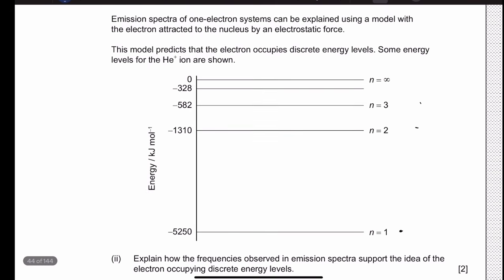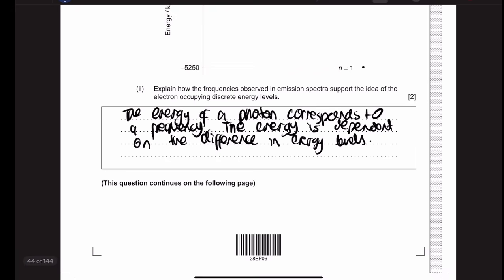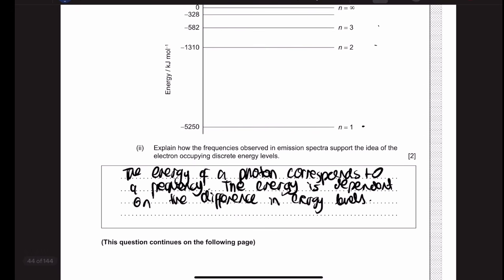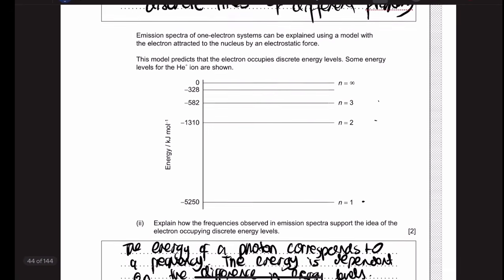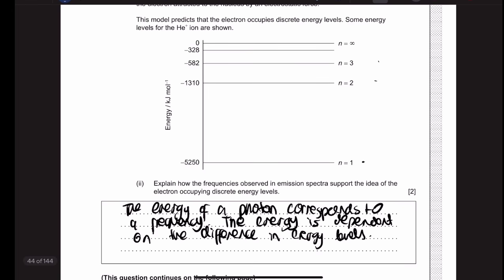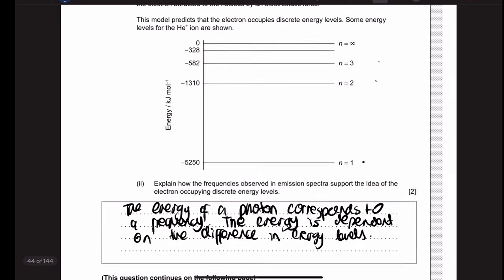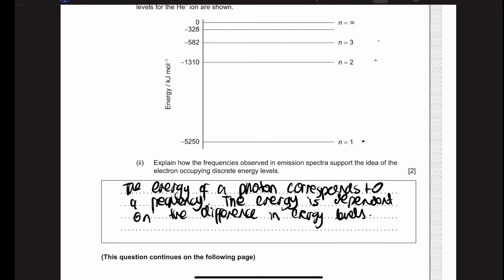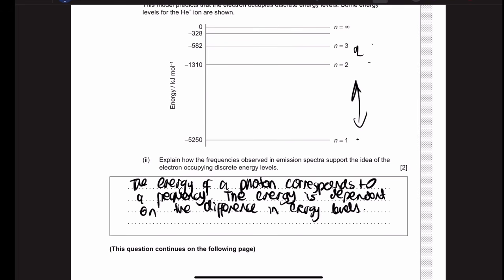You can see that the difference in energy levels is what the actual energy value that we're getting is dependent on, and each energy corresponds to a different frequency on our spectra, and that's how it essentially shows that each electron is occupying these distinct levels, because the frequencies which give us the energy are dependent on these energy levels. When we're assigning these energy levels, it's dependent on them, and that's what's hence proving the idea that we have these distinct n equals 1, n equals 2, and there's this difference between them that converge at higher frequencies. So yeah,